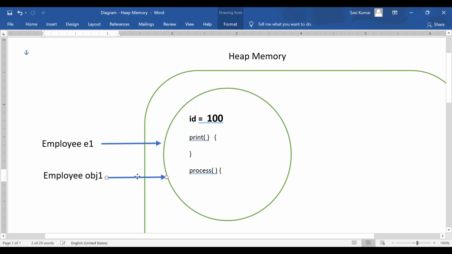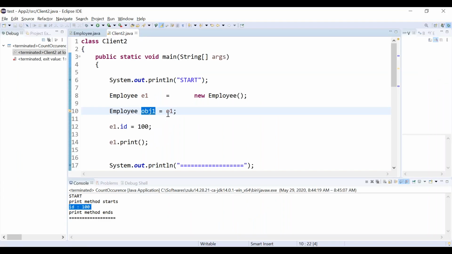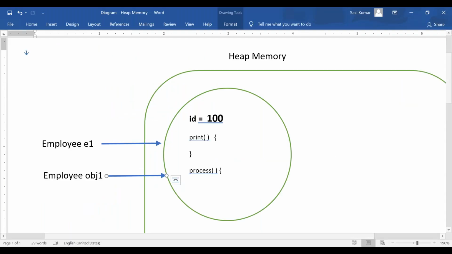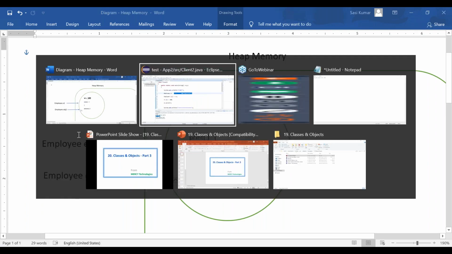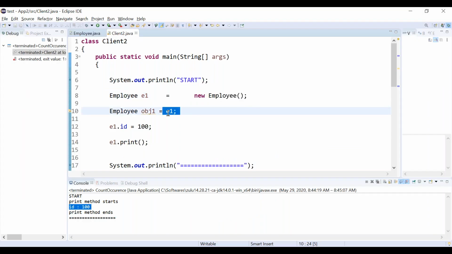It is simple, because you have assigned e1 to obj1. Wherever e1 is pointing, obj1 also will point to the same object. Where is e1 pointing? E1 is pointing to one object. Here only e1 is pointing, right? So when you are assigning e1 to obj1, it's just simple.